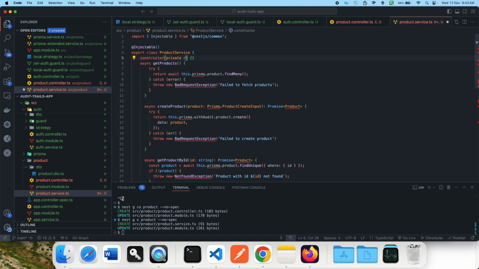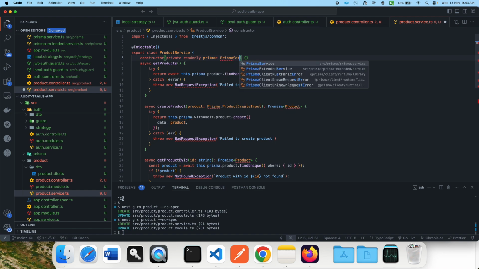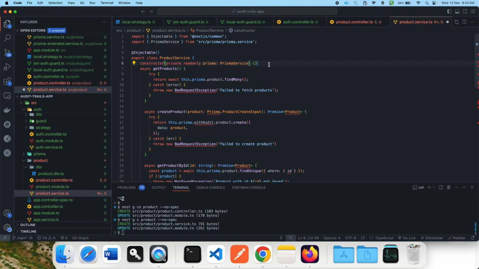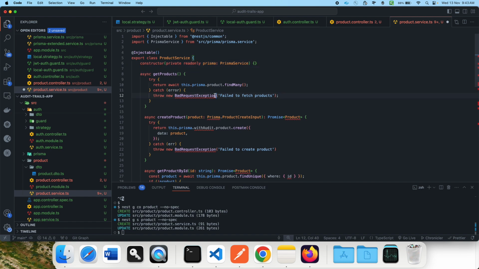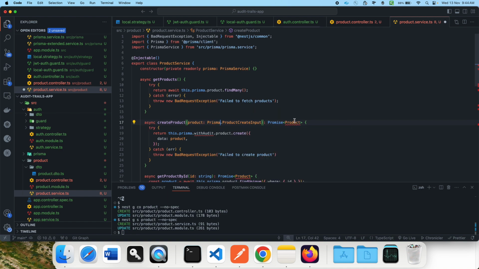So what I'm going to do, I'm going to use private readonly Prisma service. I've just copied some code here and imported Prisma service. This is nothing, just very straightforward code. So just to save some time, in case you have any doubt, you can definitely put it in the comments. I will clear it, and then